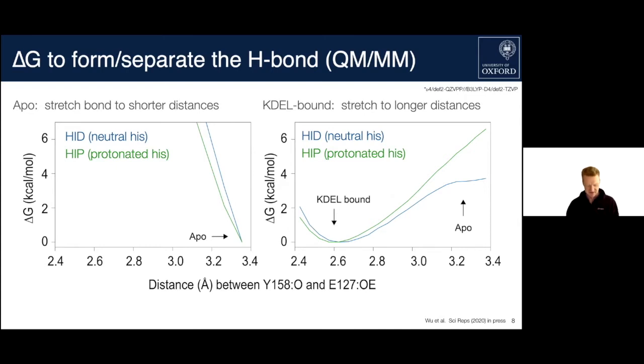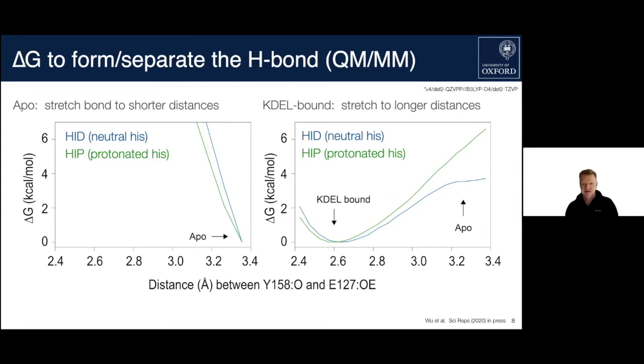So this is maybe a little hard to interpret at first glance, but if you start from the apo state, remember the hydrogen bond between those two atoms, between Y158 and E127, will be over here somewhere. And then the idea is that we try and squash that, trying to move them to shorter distances. And you can see here, if we try to do that, it doesn't really matter whether we've got histidine protonated or not. You can see that the energy rises pretty steeply